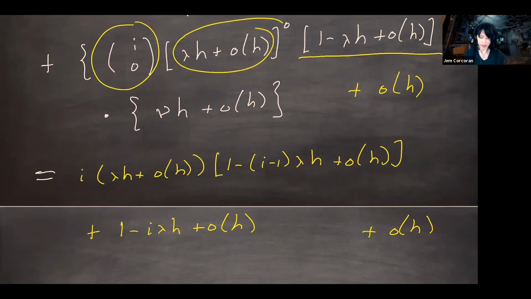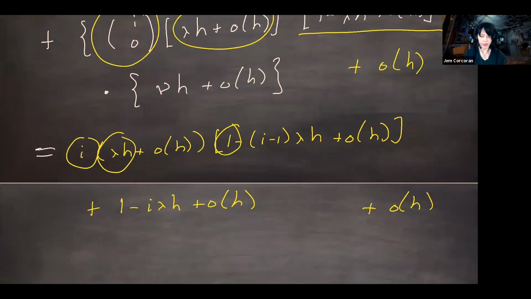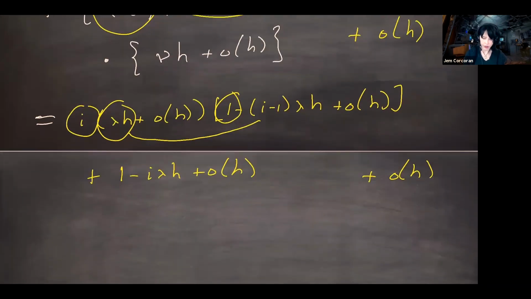When I multiply across the top, I get the lambda h times the 1, which is not little o of h. And I also get that times the I. But if you look more carefully at the other terms, they are all going to be little o of h terms, like the lambda h times the I minus 1 lambda h is going to be stuff times h squared, and that's little o of h. And everything else we've already talked about, actually. So this is going to simplify to I lambda h plus little o of h